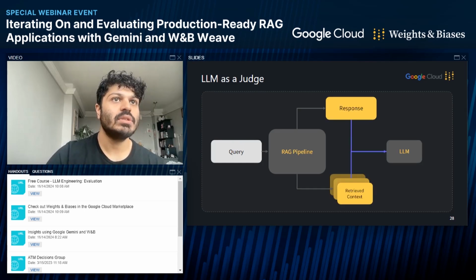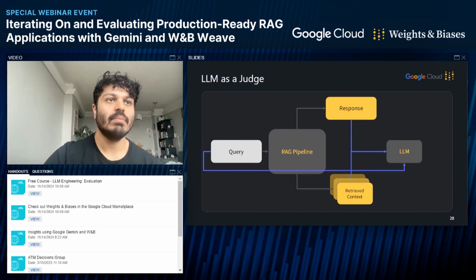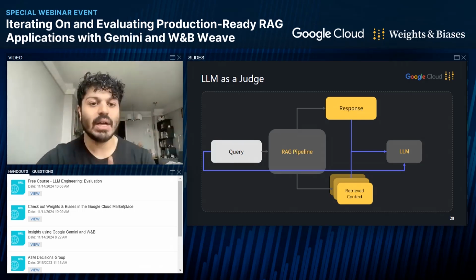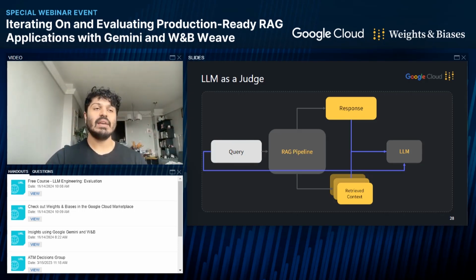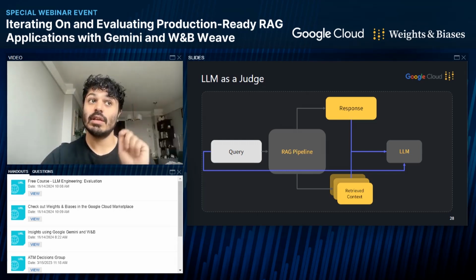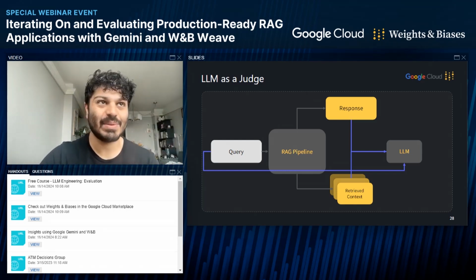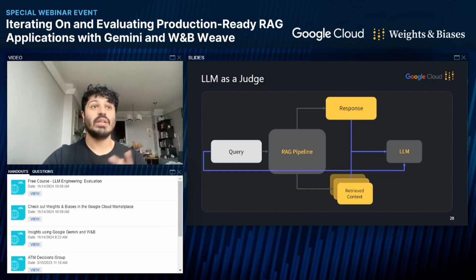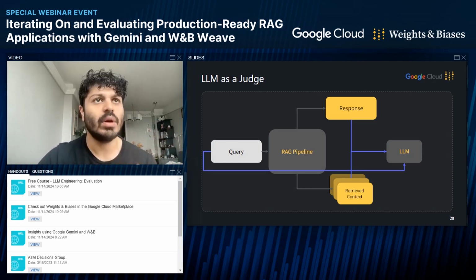And so as a result, this is where something like LLM as a judge is really useful. This is a really simple concept where you provide the retrieved context from your RAG pipeline, those documents from our database that we just evaluated on. You take the LLM generated response that we don't know if it's of high quality or not, and